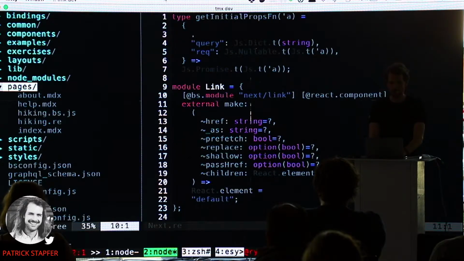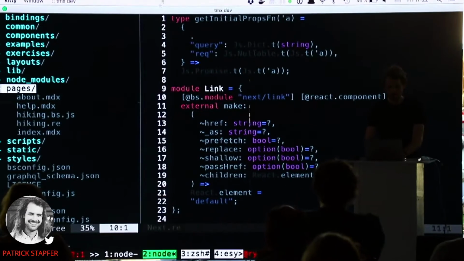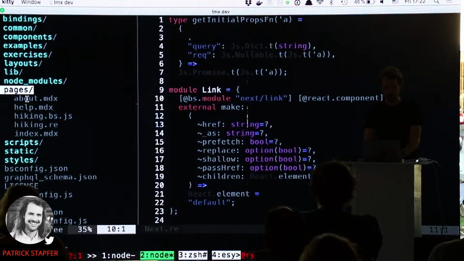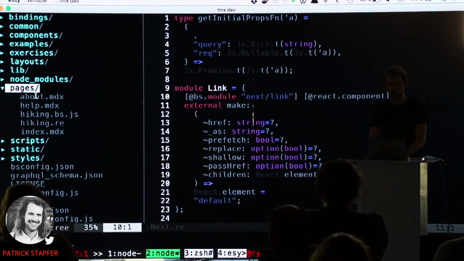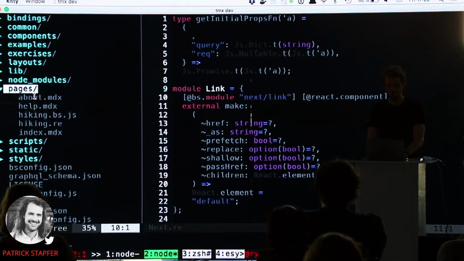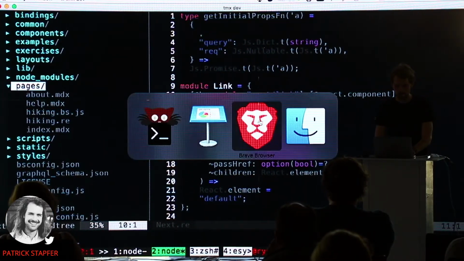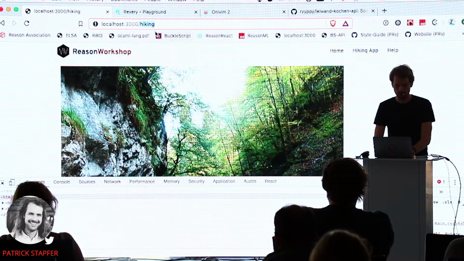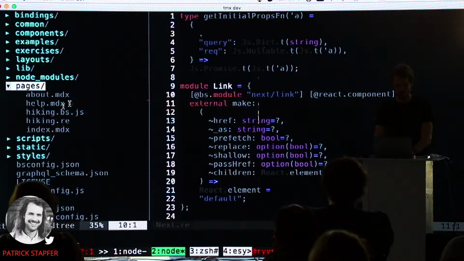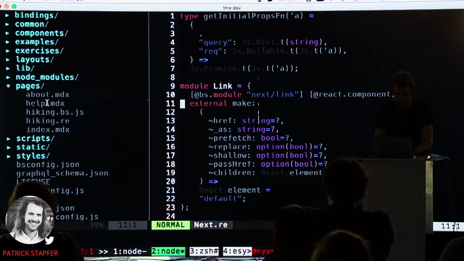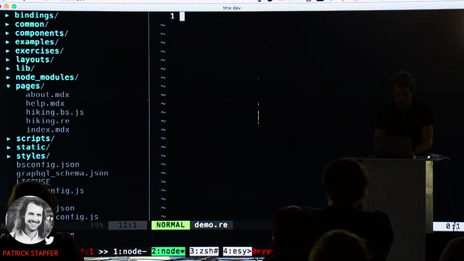And Next defines all its components, like whenever you define a file in here and this file exports a component, it will automatically mount it on a route. So the hiking route is on /hiking right here. So the only thing I did, I configured BuckleScript, the compiler of Reason, to index the pages folder. And what we do is we create a new page, which is called demo.re.